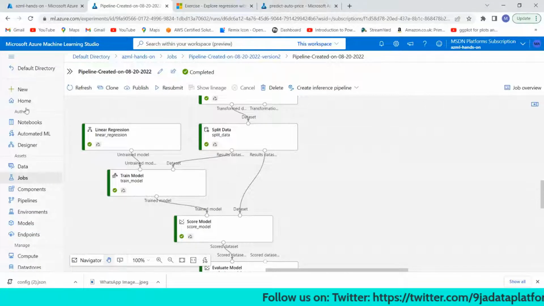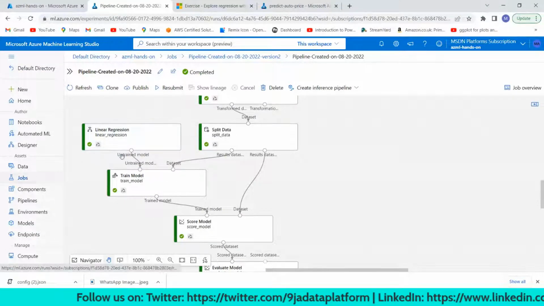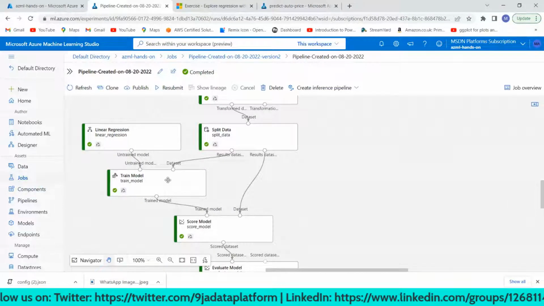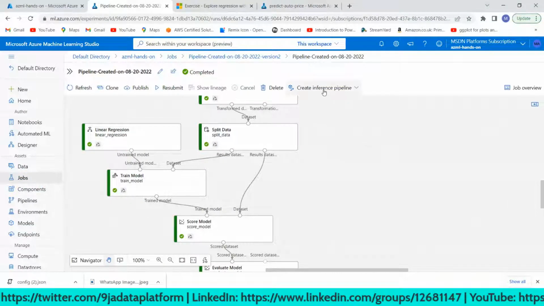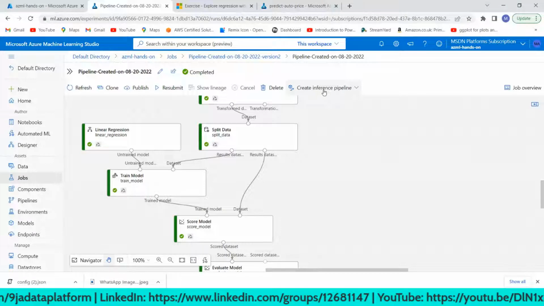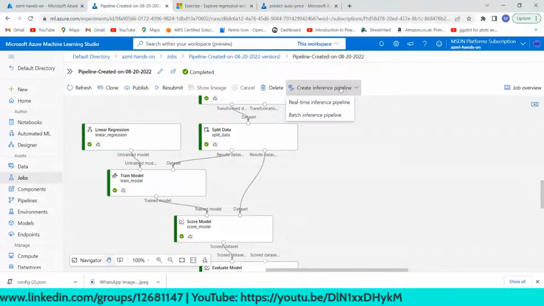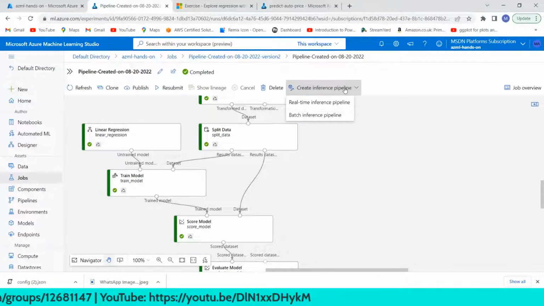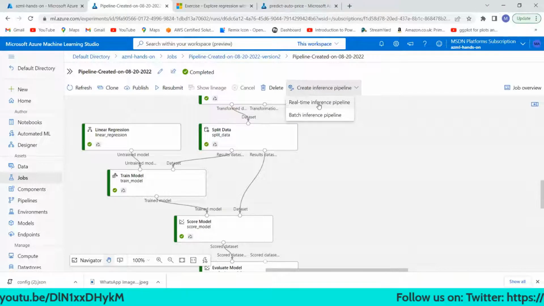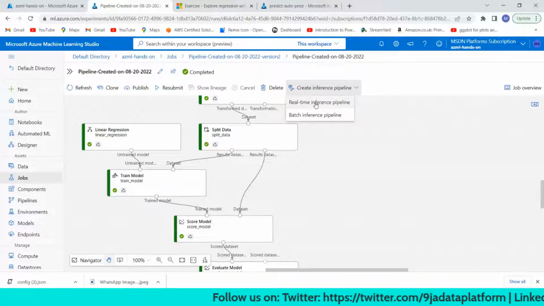Now, within the jobs in the asset where we have all our jobs, the next thing we want to create, from this pipeline that we have here, is to click on create inference pipeline, like I showed in our slide. If we want to create an inference pipeline, we want the real-time inference pipeline. So when you click on create inference pipeline,